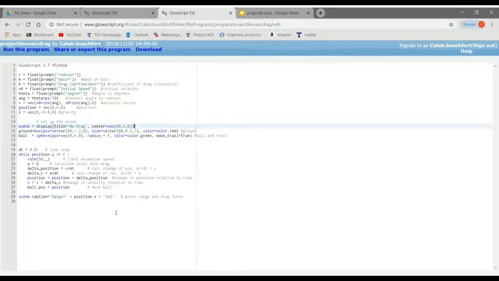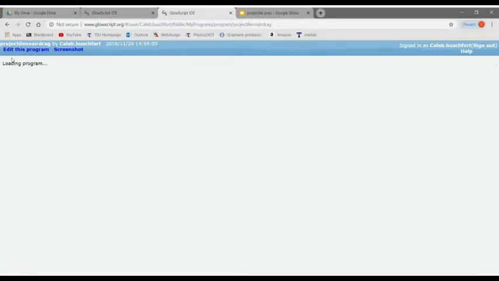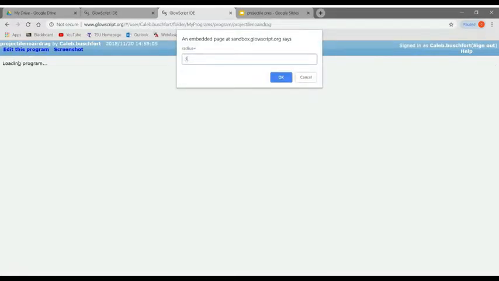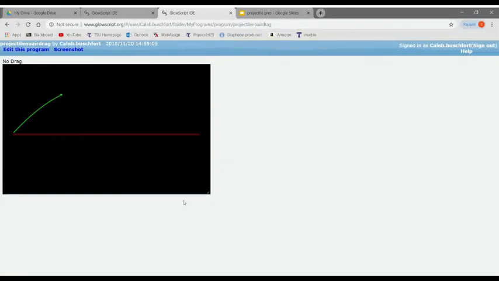This is our simulation of a projectile fired without air drag. Here we're entering its radius at 0.5 meters. Its mass is 4.2 kilograms. The drag coefficient, which is the viscosity of the fluid, is 3.2. Our initial speed is 27.2 meters per second, and our angle is 47.3 degrees above the horizontal. It traveled a total of 75.44 meters,